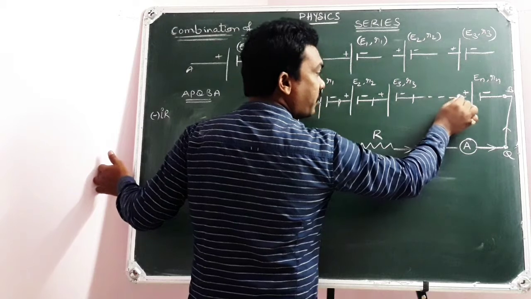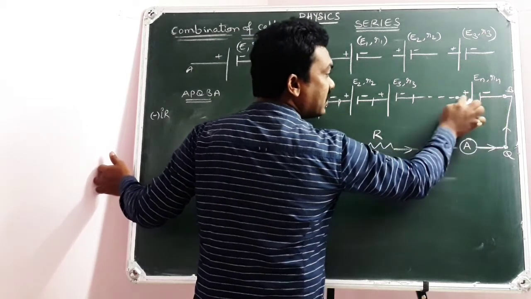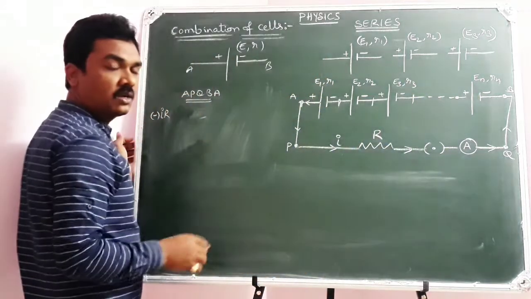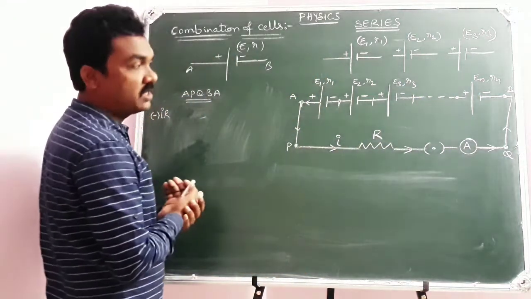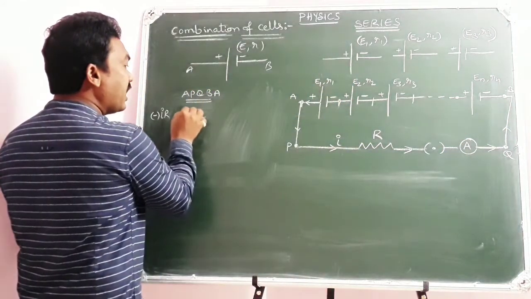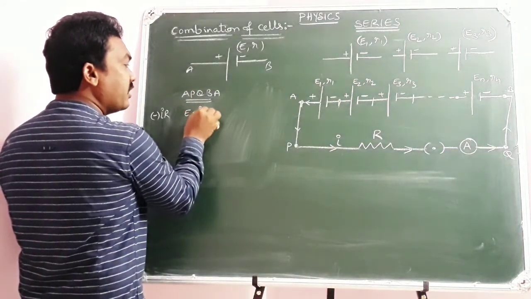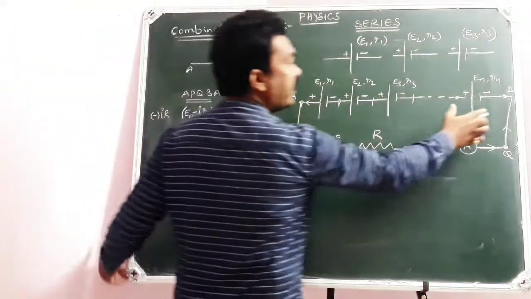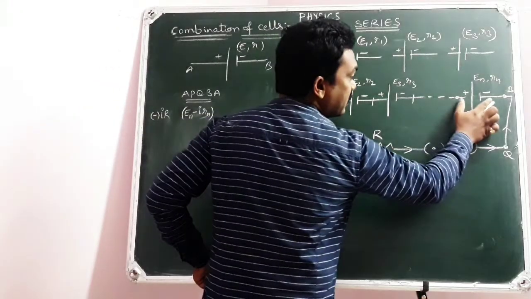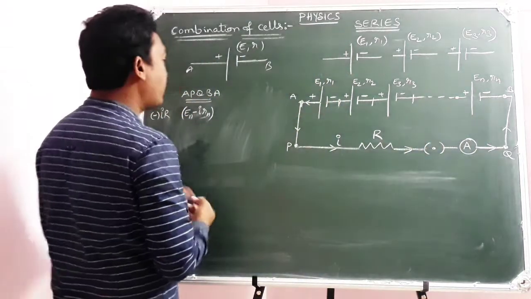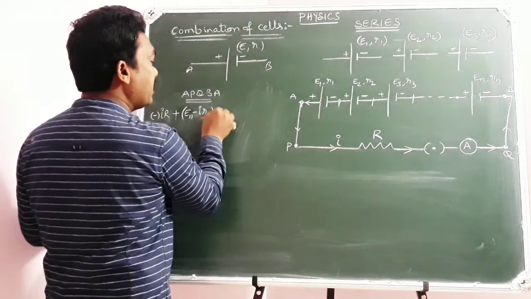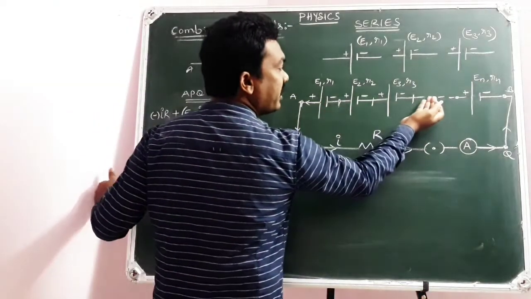But B to C, across this cell there is a potential rise, because negative terminal of the cell, positive terminal of the cell. So potential rise. How much? The potential difference across this cell is En minus IRn. En minus IRn is the potential difference across this one. But of course this will be given plus sign because there is a potential rise. So on, many more cells will be there.